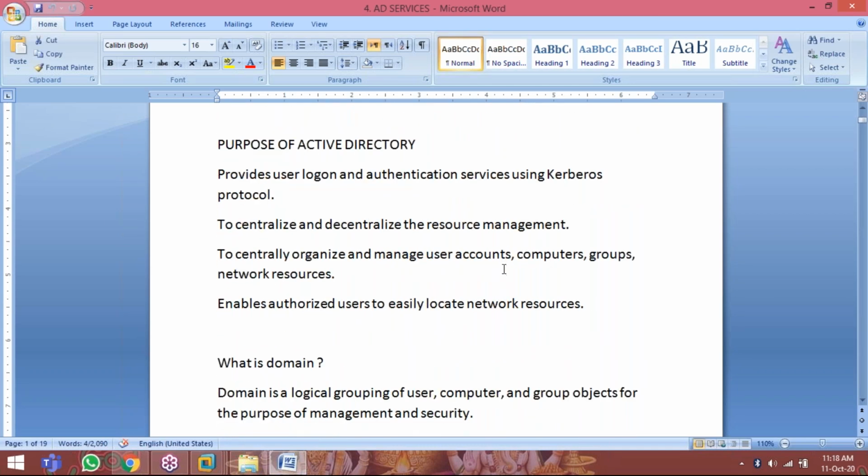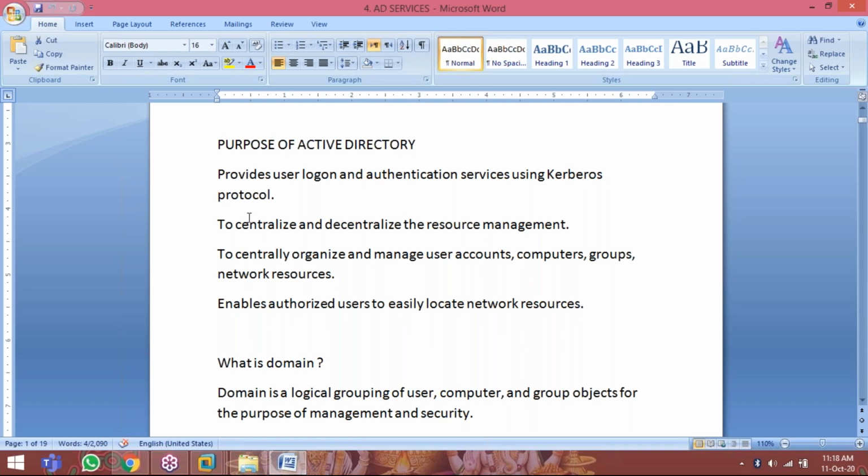What is the purpose of Active Directory? It provides user logon and authentication services using the Kerberos protocol. Kerberos is an authentication key, a challenge handshake protocol that it will use. In an interview they will ask the question, which protocol is used by Active Directory for logon authentication?